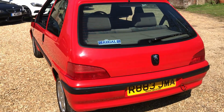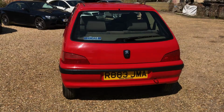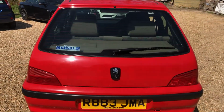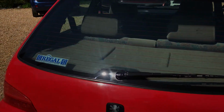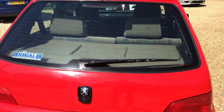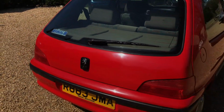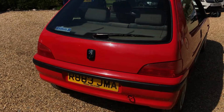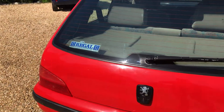and the previous 2 owners have the same surname, so we assume this has been family owned since 1999. So quite potentially family owned for the past 19 years. And there is evidence of 6 services from 10,000 miles all the way up until 28,000 miles, all at the same supplying Peugeot dealer,